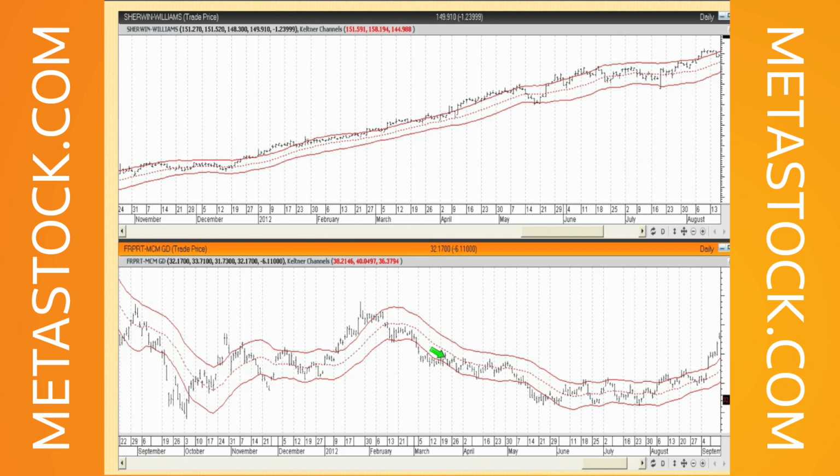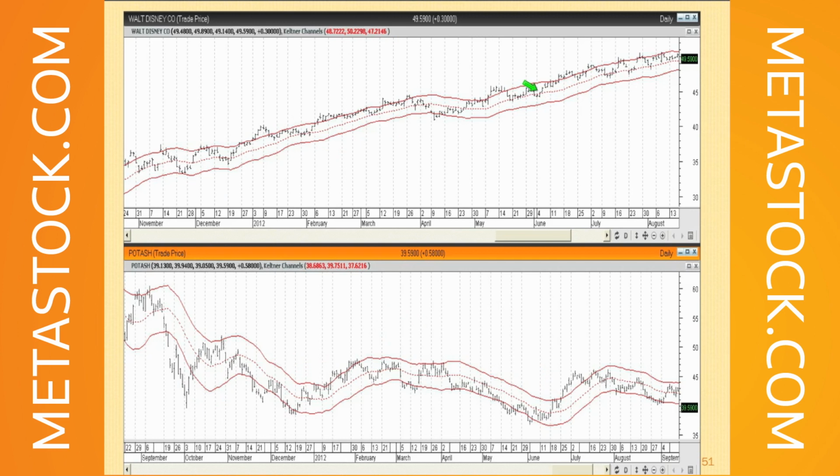Here's another example. This upper price chart is for Sherwin-Williams, and again you can see very repetitive and very predictive price movement. And the lower chart is Freeport-McMoRan, and really no clear price patterns here, and you don't know which way the stock is going to trade next. So again, I like to focus on this type of a stock. Here's another example. This is for Disney. Upper price chart is for Disney, and the lower one is for Potash. So these Keltner channels allow you to focus on stocks that are somewhat more predictive in their price